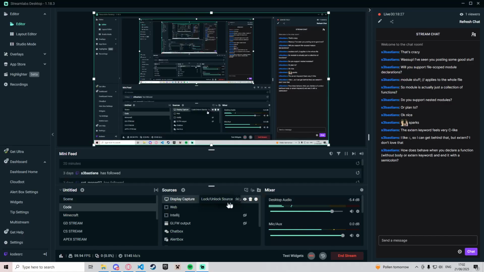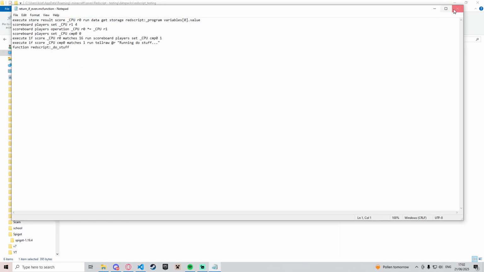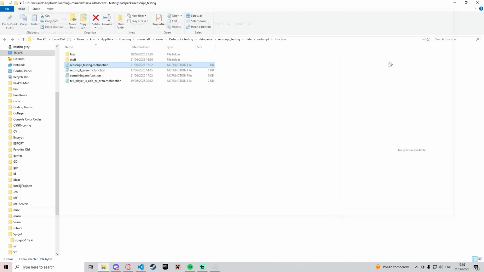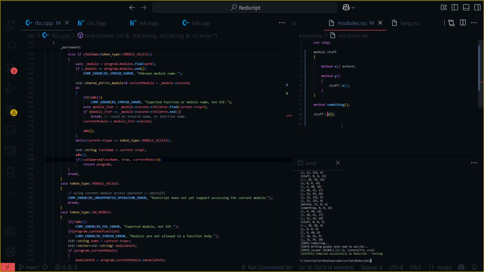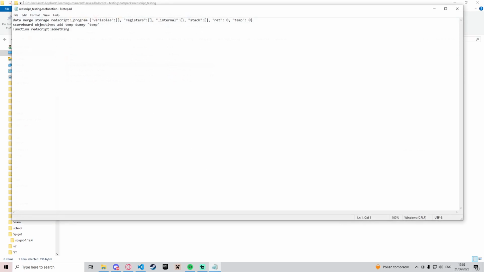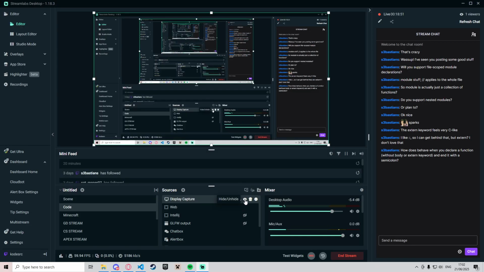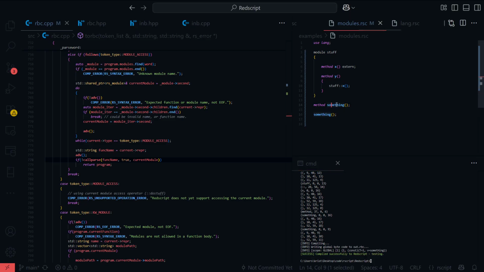And if we take a look at the output of, not that, here, well, we didn't call it, did we? So let's instead of calling stuff y, let's call something. It just treats it as a, yeah, maybe you're right, maybe I should function Redscript something. Okay, that's a problem. Let's fix that straight away, because I think you and I both can agree that this is,